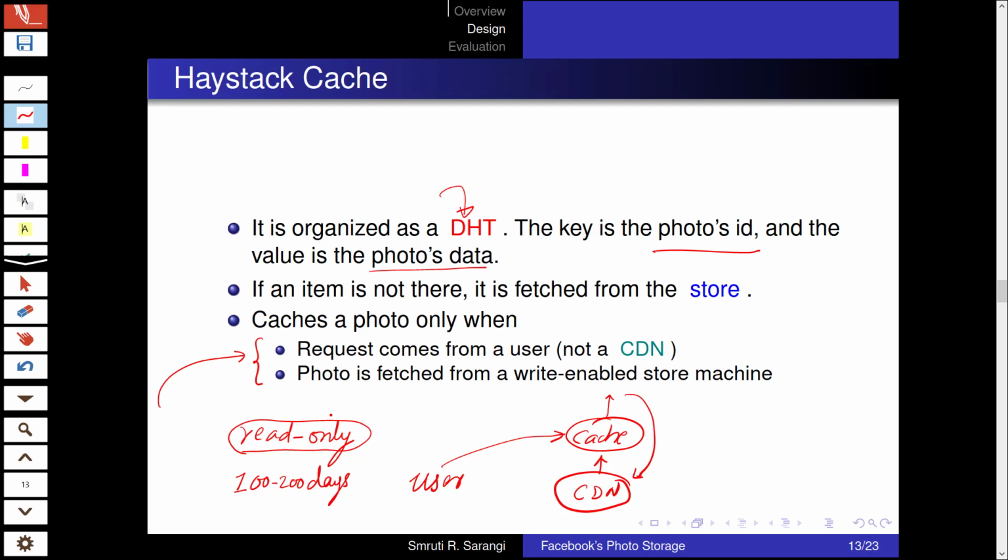Right? Very rarely you'll take a look at them. So they are still a part of your Facebook profile, but they are not accessed that frequently. That's the reason there is no point in caching those photos. Hence, when a volume becomes read-only, we do not cache its photos. Only for write-enabled volumes that are holding more recent data, recent photos, we cache them in the haystack cache.